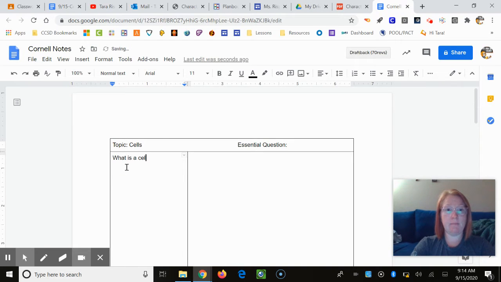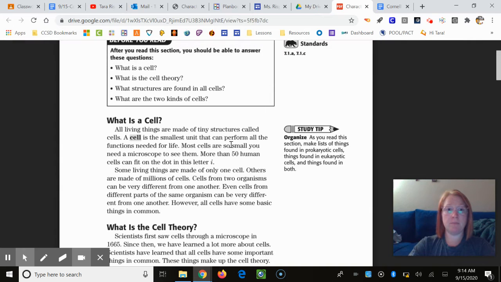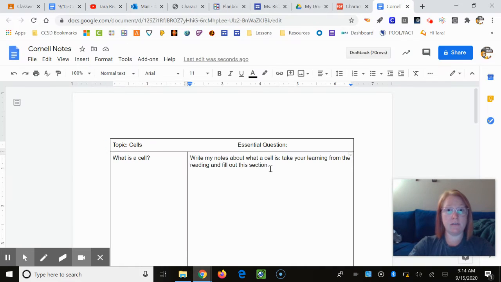What is a cell? Then from here, right across from the question that I typed, I would write my notes about what a cell is. So this is where you would take your learning from the reading and fill out this section, okay? So if I were to read, maybe I would say a cell is a living thing and it's the smallest unit that can perform all functions needed for life. So instead, maybe I would write